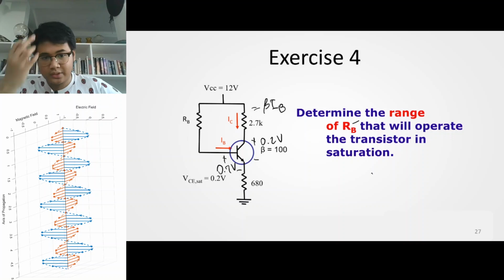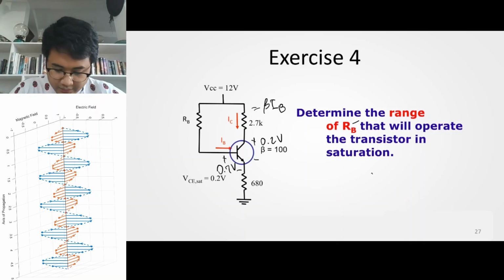So first, solve for IC saturation. If you perform KVL in this loop again, that's VCC minus 2.7K times beta IB,